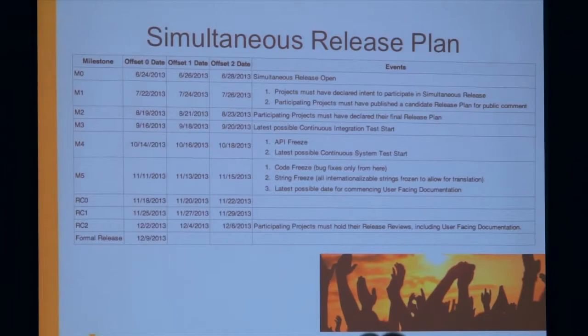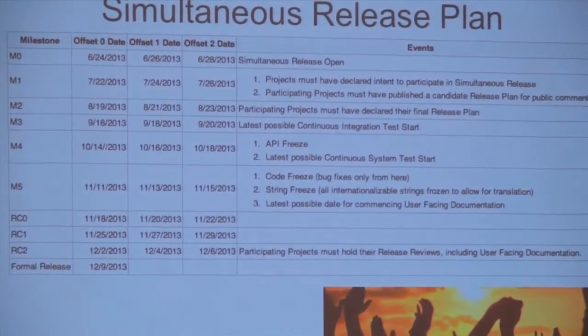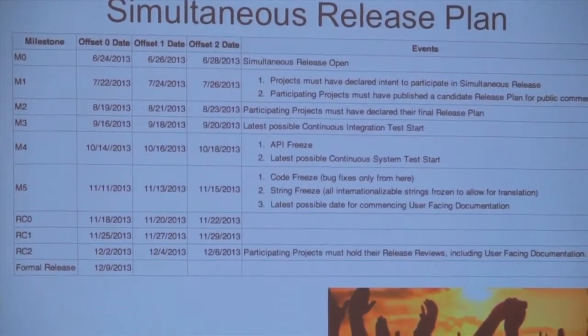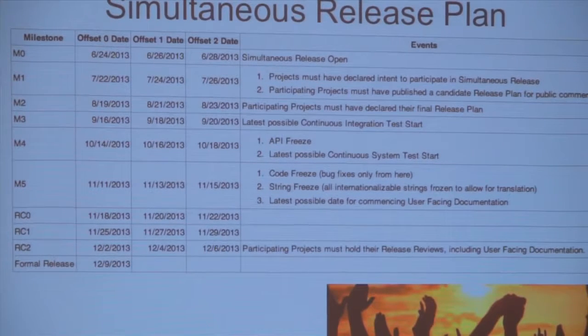I mentioned a little bit the simultaneous release plan, and I'm not going to spend too much time getting into the nitty-gritty, but effectively the simultaneous release plan is something that the projects in OpenDaylight can choose to sign up with, saying that they intend to be part of this coherent whole, and agreeing to meet certain additional requirements in terms of timing, quality, and other milestones to get there. Things like participation in the continuous integration test process, API freezes by particular dates, code freezes, etc., so that we actually can come across the finish line together as a community.